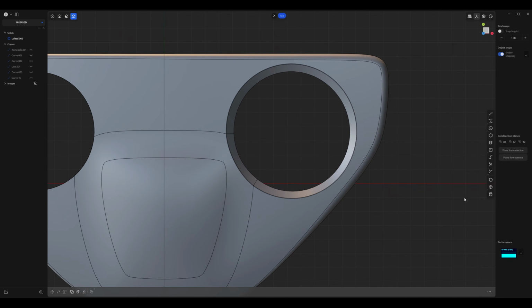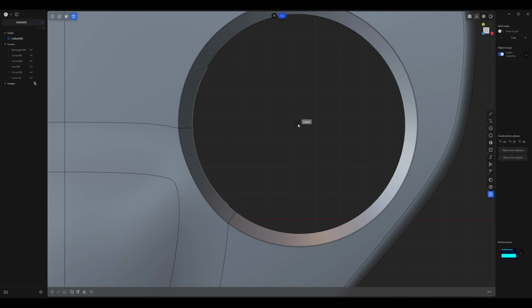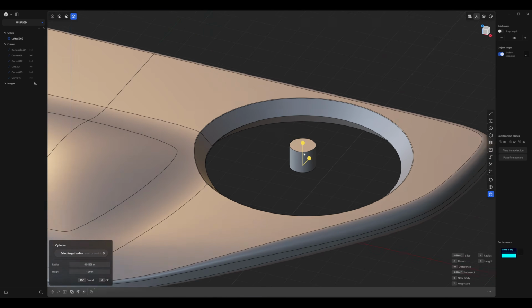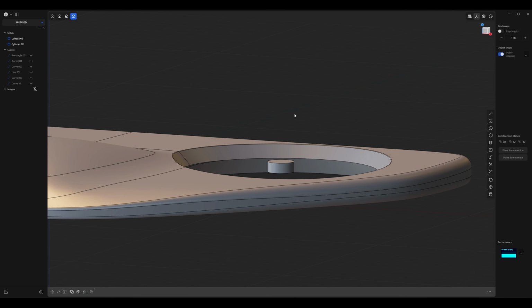Next, we're going to create this little assembly area. So what I'd like to do is create where the propellers are going to attach, and we want that to be centered. So let's click on cylinder, and let's hover over here, and you should see this little circle or dot in the center, which indicates where you can create it in the center. Click once and hover outwards, maybe something around this size. And in perspective view, just make sure you size it down a little bit.